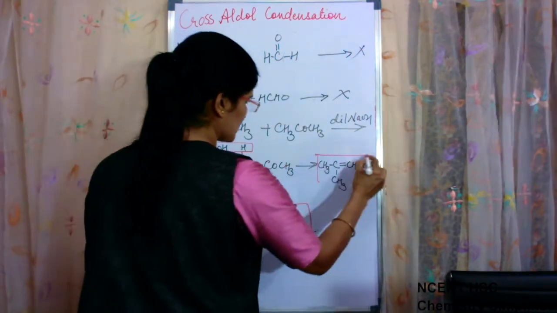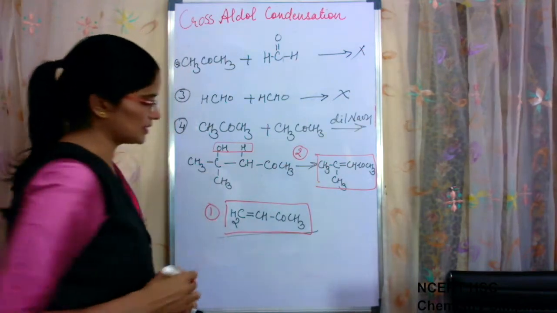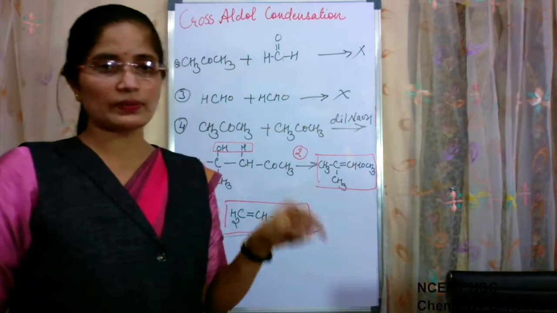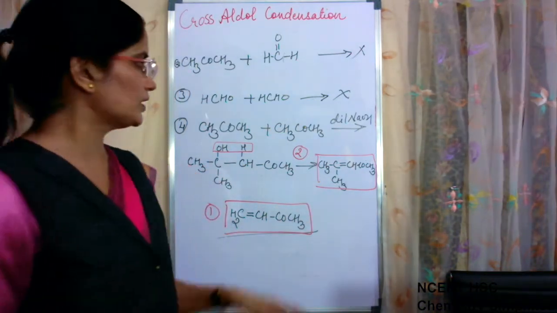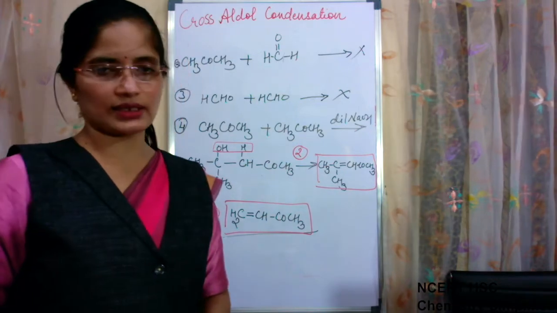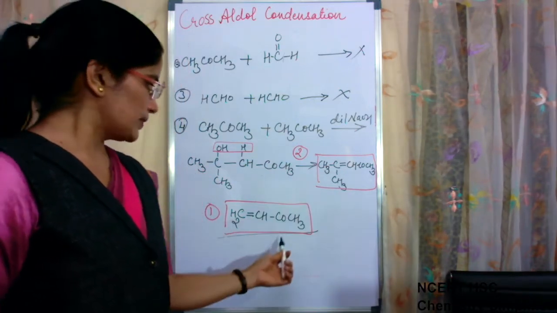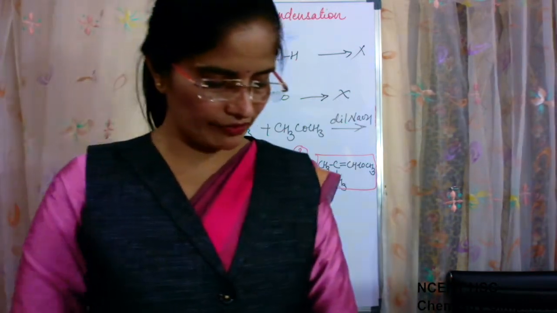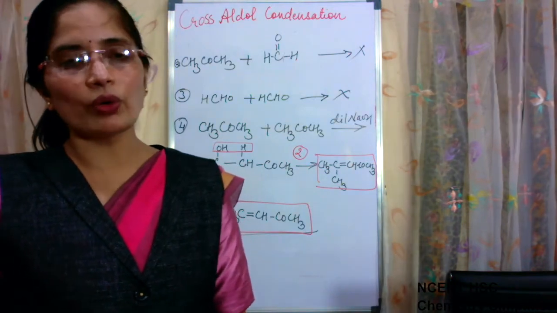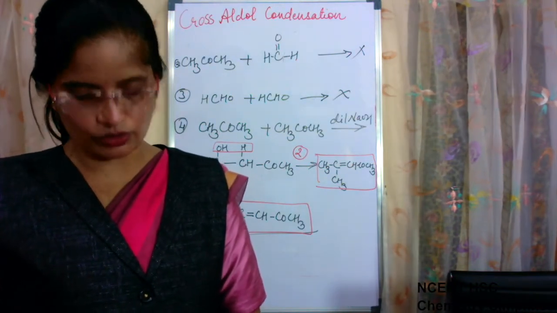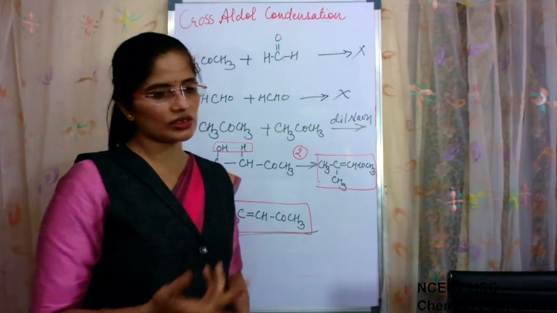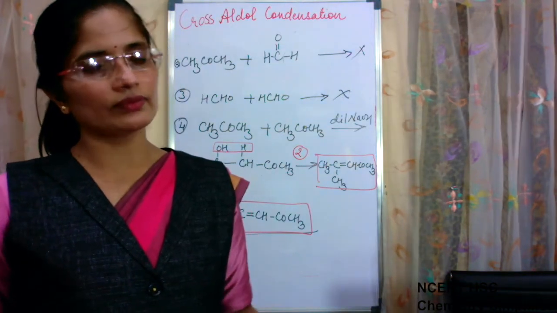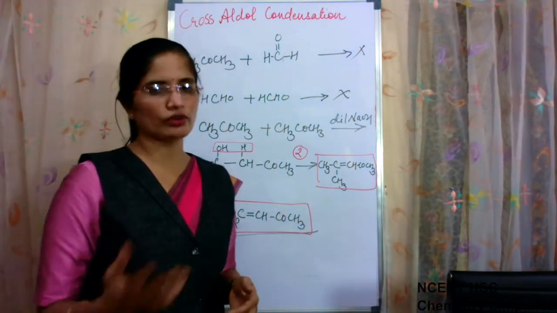Now, this is the second product which is formed in this reaction. So, cross-aldol condensation, when two different molecules, one having alpha hydrogen and other not having, will form only two products. Okay? Both are different. And cross-aldol, when both the molecules have alpha hydrogen, then they will have four different products. So this is sometimes asked also, how many products are there when cross-aldol condensation has both molecules having alpha hydrogen, and when one is not having and the other is having, then what is the number of products.